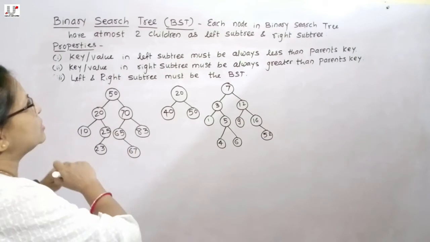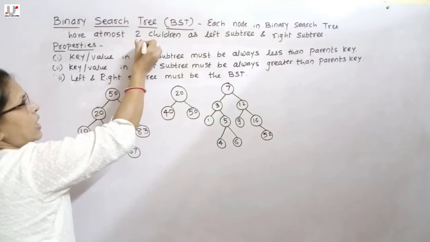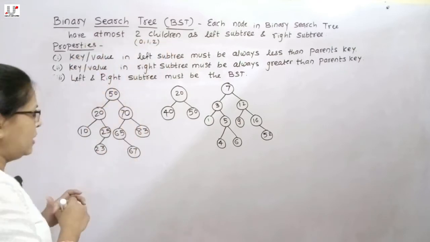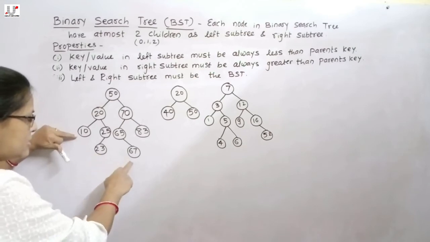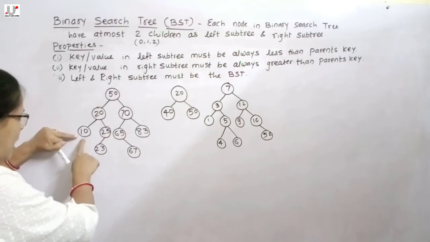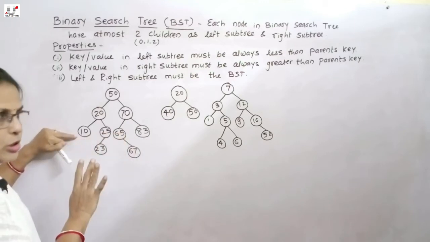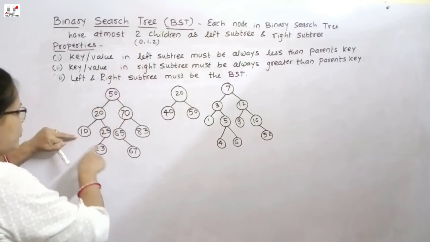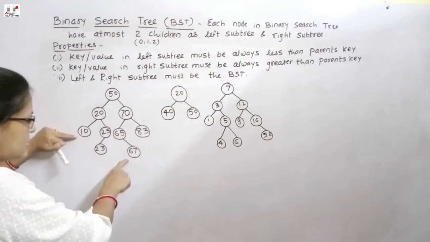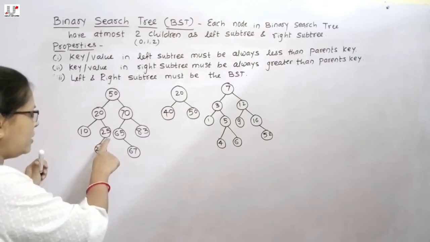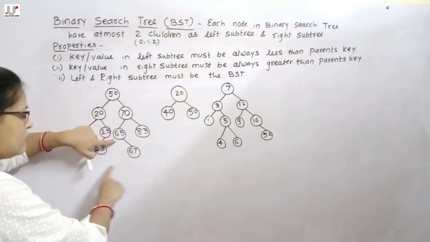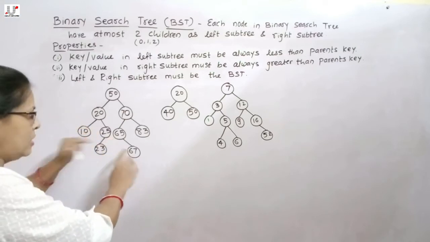Maximum two children means each node has either 0, 1 or at most two children. Here 10, 23, 67 and 83 are leaf nodes, so they don't have any outgoing edge. With no children, that means 0 children are present for 23, 10, 67 and 83. Then 25 has only one left subtree, it's okay. For 65, it has only one right subtree present.